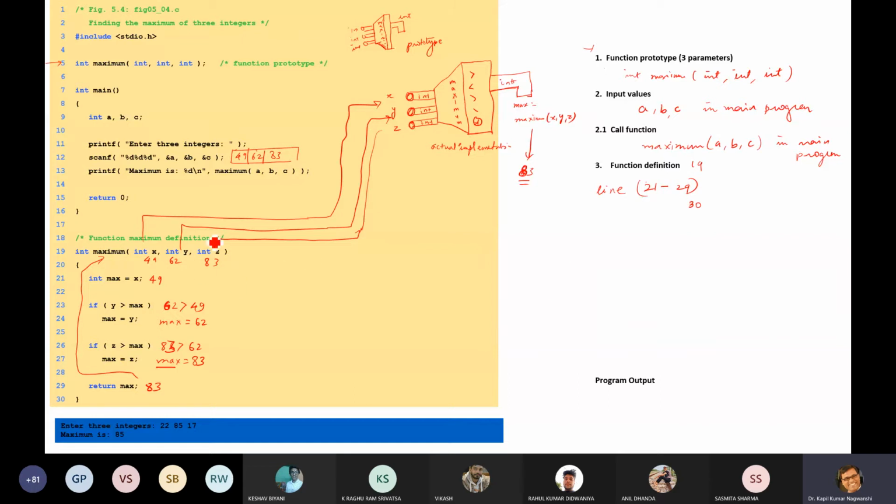Now you are aware about functions. Your task is to define functions for the cos series. The whole program you need to build. On Tuesday, Wednesday, Thursday, I will see your program. So this is your homework, B section. On Thursday I will see this program.